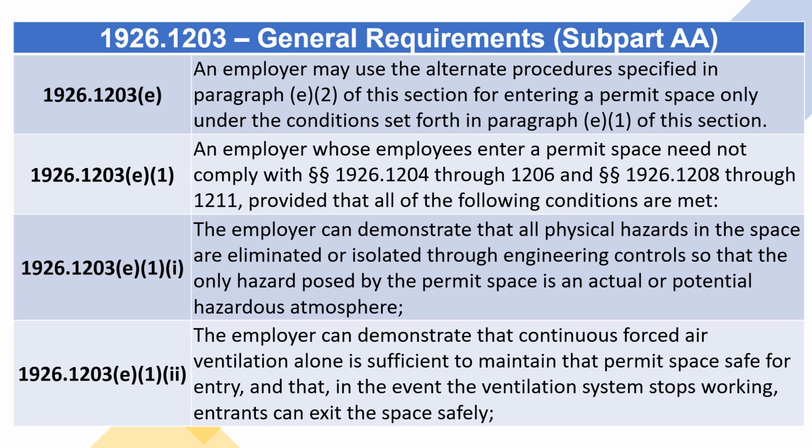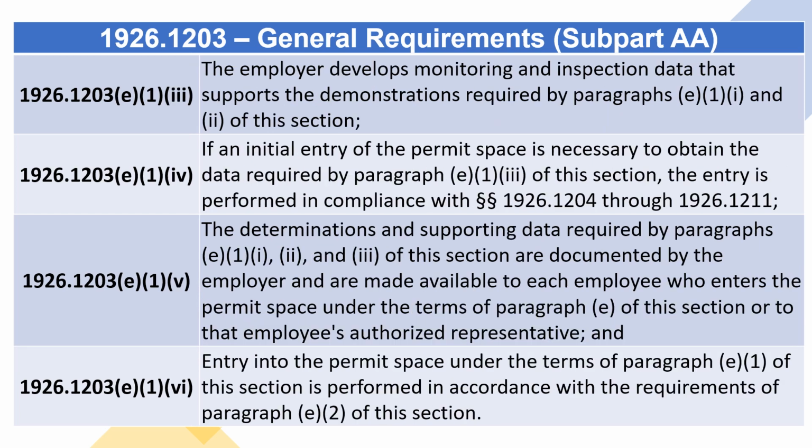The employer can demonstrate that continuous forced air ventilation alone is sufficient to maintain that permit space safe for entry, and that, in the event the ventilation system stops working, entrants can exit the space safely. The employer develops monitoring and inspection data that supports the demonstrations required by paragraphs (e)(1)(i) and (ii) of this section. If an initial entry of the permit space is necessary to obtain the data required by paragraph (e)(1)(iii) of this section,